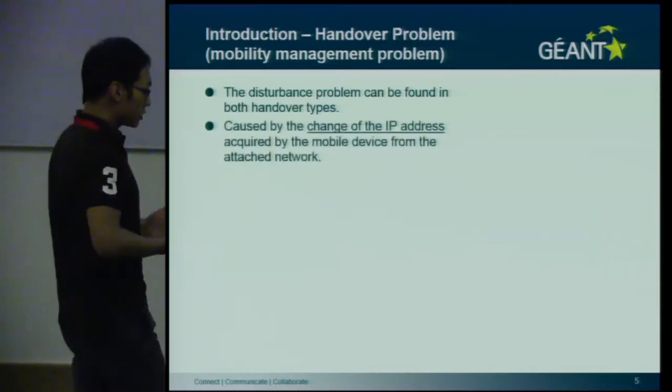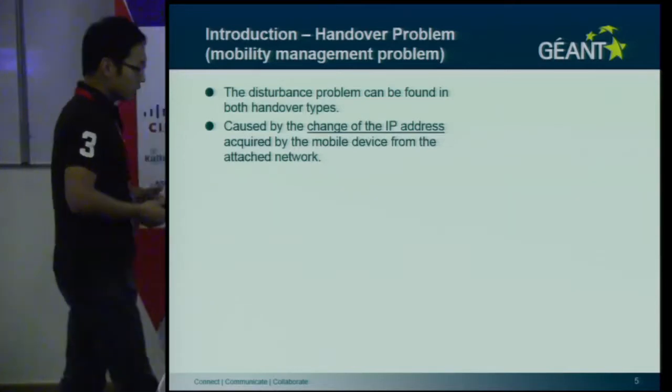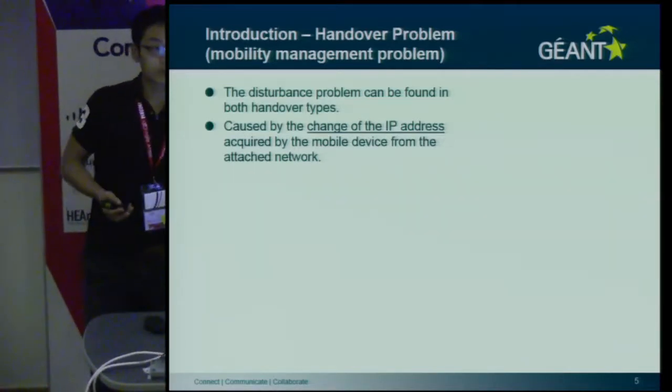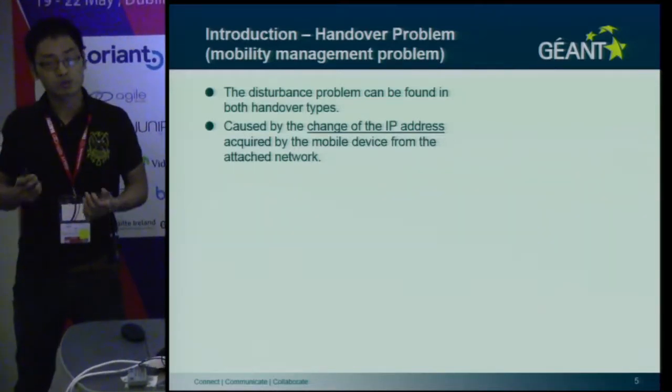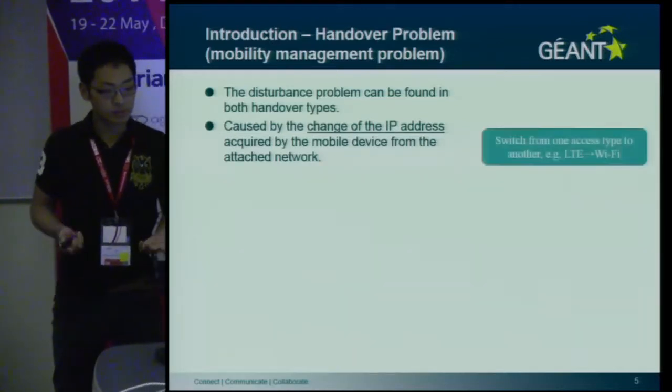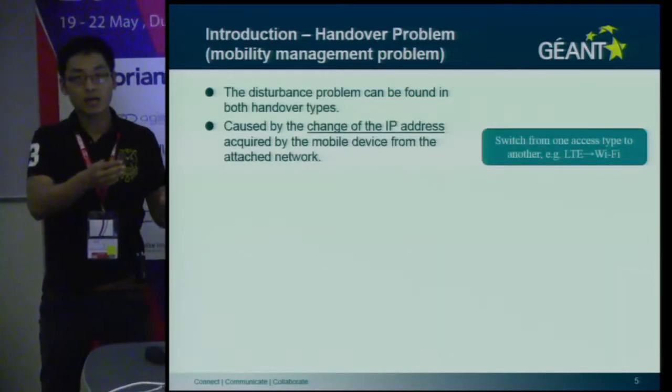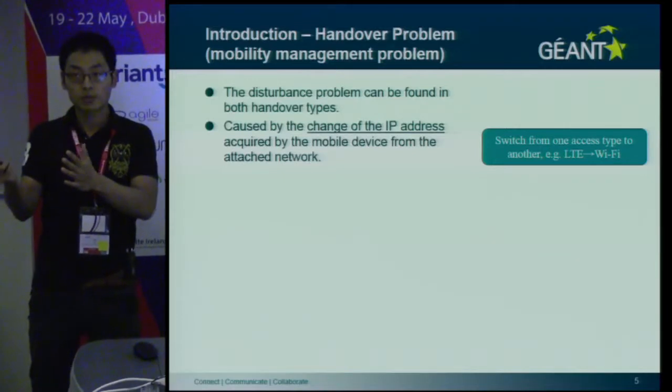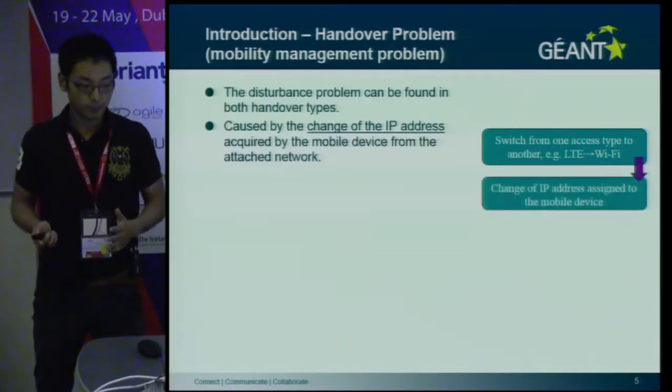It's caused by the change of IP address acquired by your devices from the attached network. What this means is that when you switch from one access type to the other, your IP address will be changed.